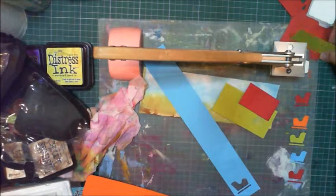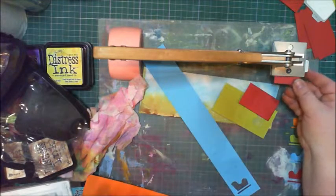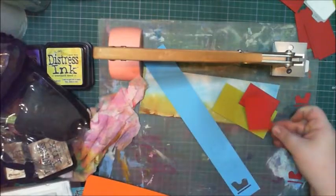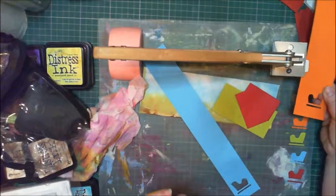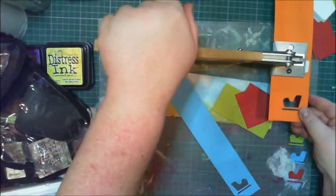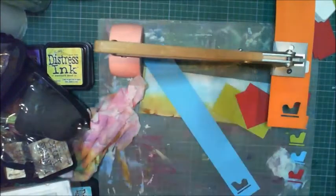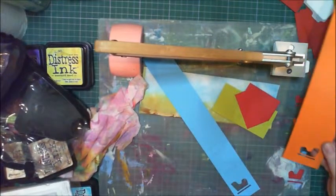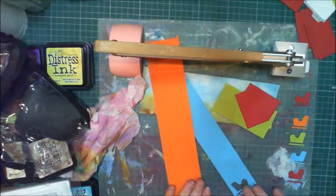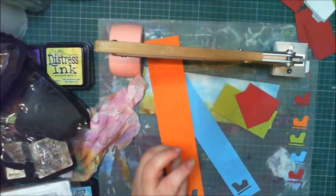Right. A couple of reds as well, and an orange. I'll cut 2 oranges just in case. There we go. Excellent. So now I've got a whole bunch of these teeny tiny little things. And I'm gonna,